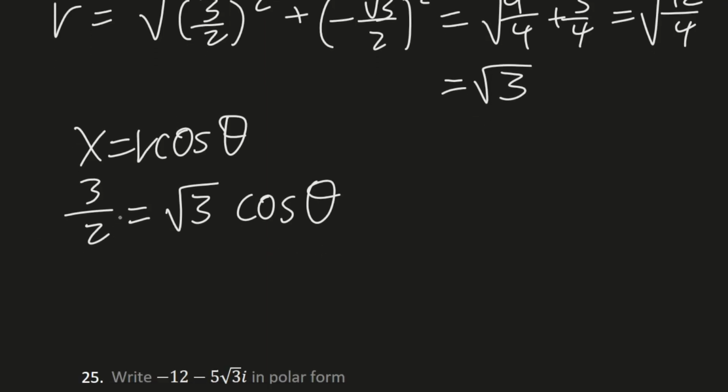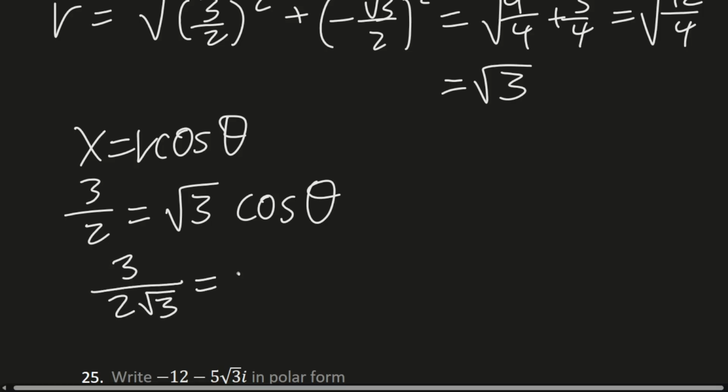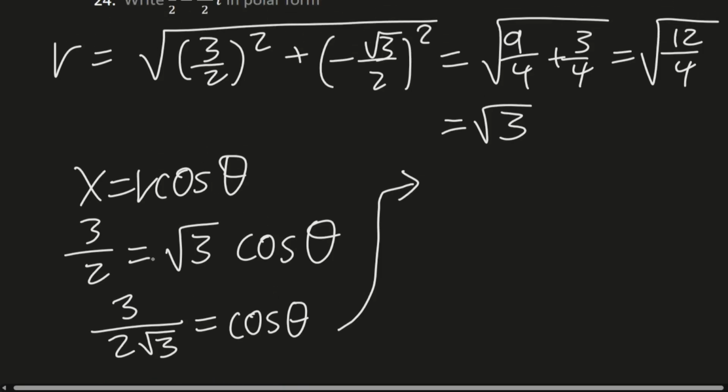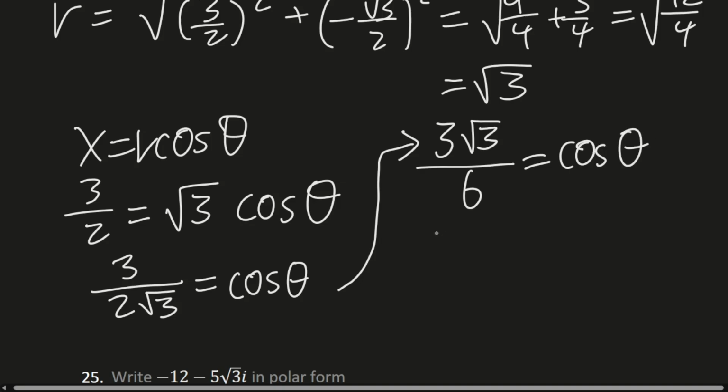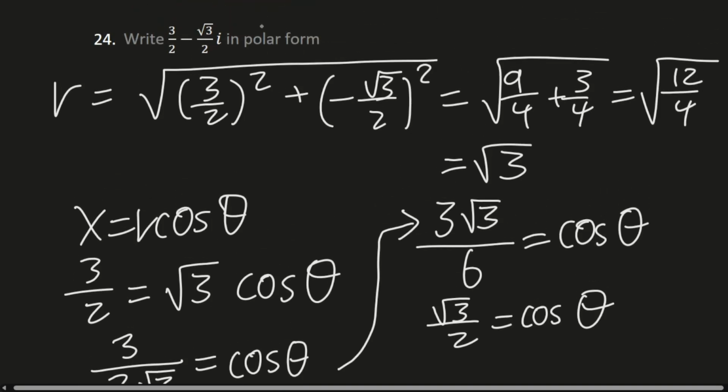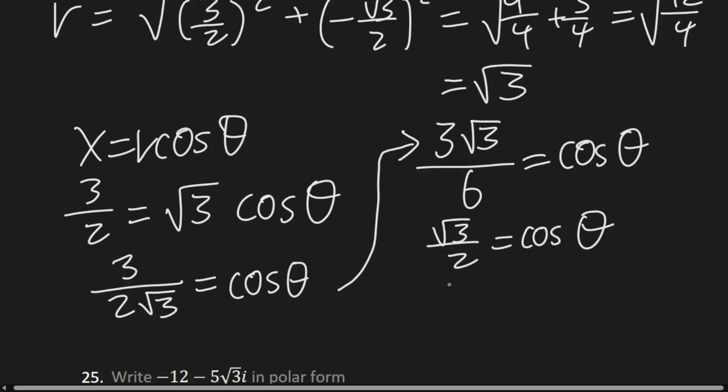Divide both sides by square root of 3. 3 over 2 square root of 3 is equal to cosine of theta. If we rationalize the denominator, 3 square root of 3 over 6, that actually ends up being square root of 3 over 2 is equal to cosine of theta. That is a nice number. We check the quadrant. This is going to be in quadrant 4. And so I am going to put negative pi over 6 here,